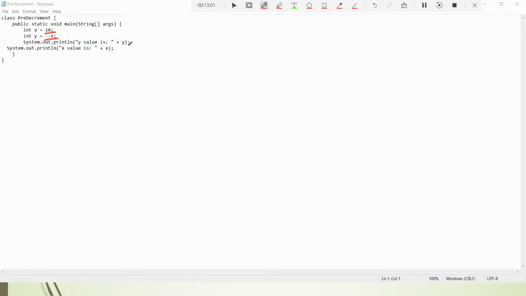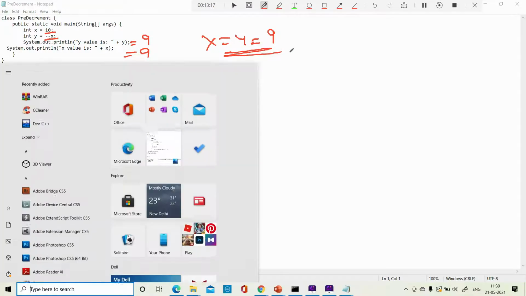First this decremented value will go. So y is 9 here, and x is also 9 because x has decremented. So x equals y equals 9 in this case. Both have the same value.